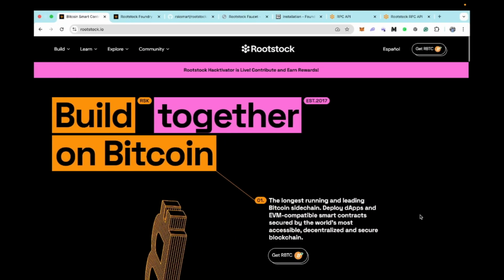Hello everyone, in this video we will build an ERC-20 smart contract token using the OpenZeppelin library from scratch. We will test it and deploy it on the Rootstock test network. Rootstock is a Bitcoin sidechain and it is EVM compatible, which means we can deploy smart contracts on the Rootstock network